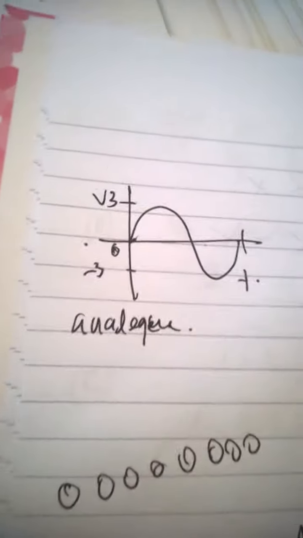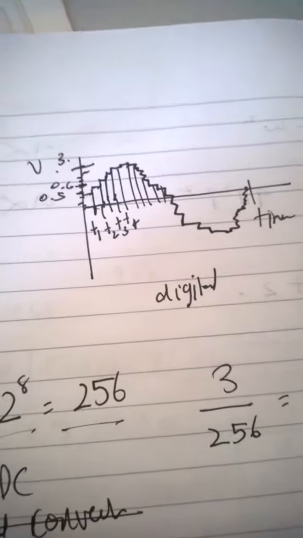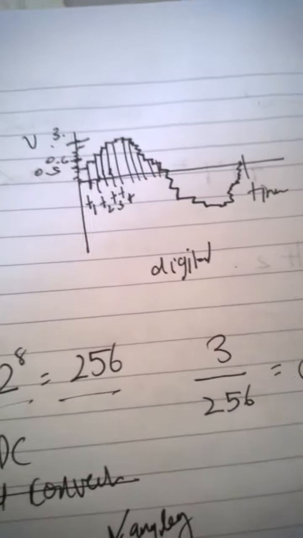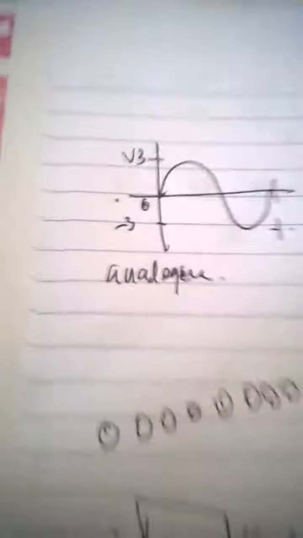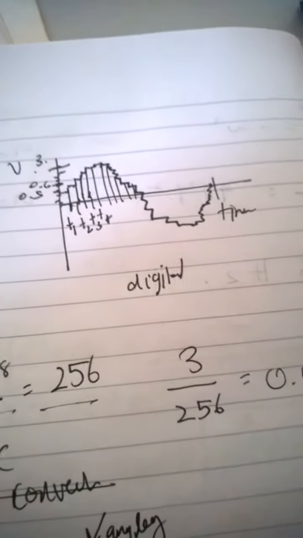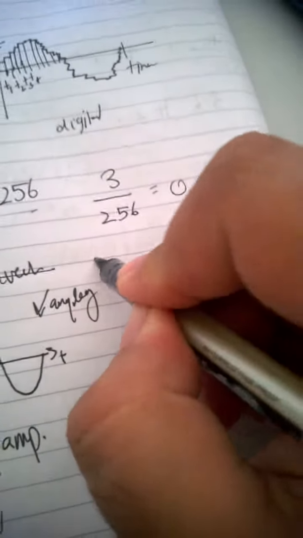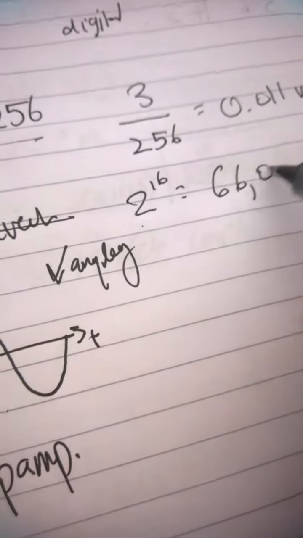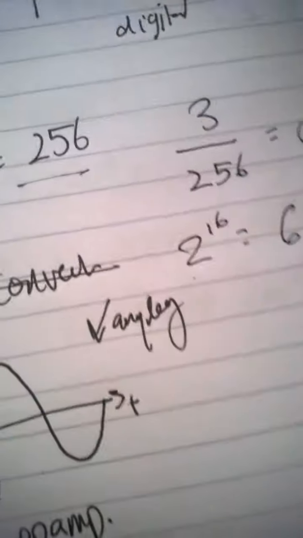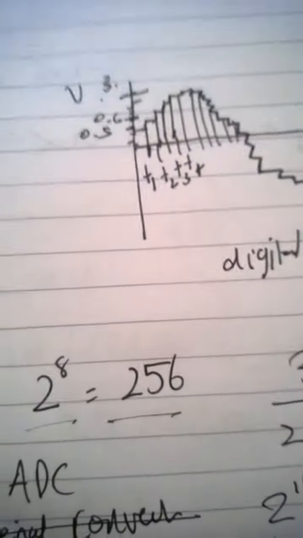Of course, if we want the digital signal to be as close to the analog signal as possible, so that the reproduction is accurate, then we can increase the number of bits. For example, 2 raised to the power of 16 is around 66,000. So if we're using 16-bit conversion,